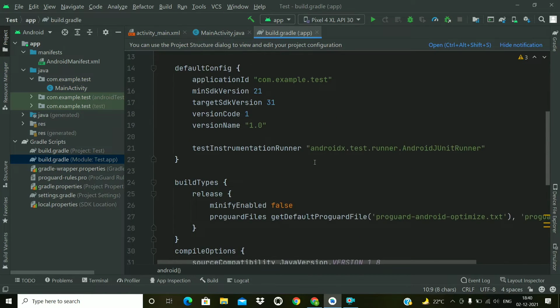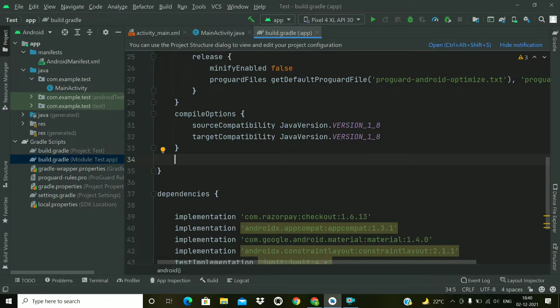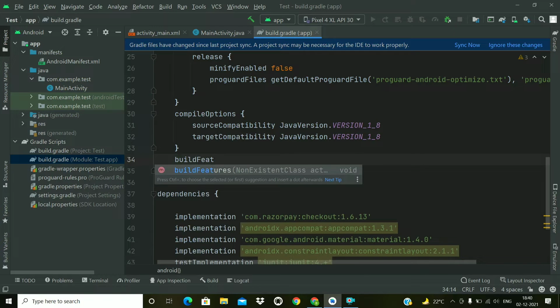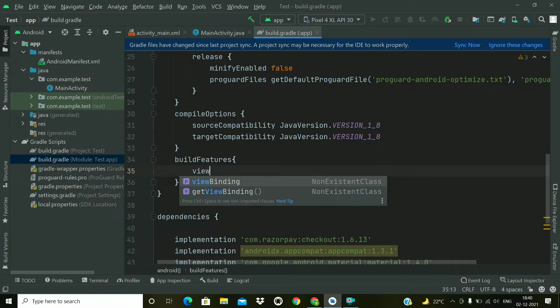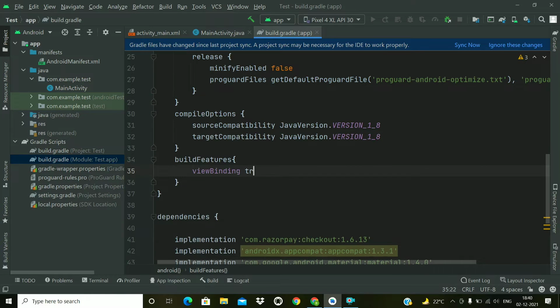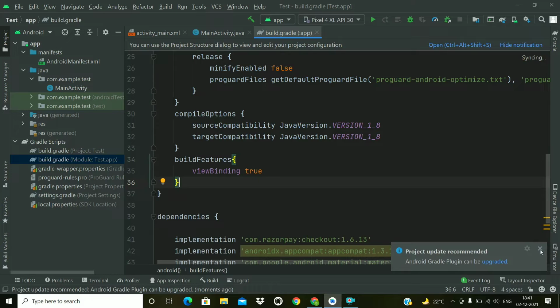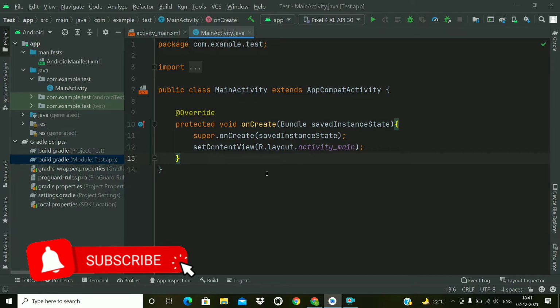So let's move to the end of this android block, and I'll add buildFeatures here, and make viewBinding true. This will enable view binding for our project. Now just click on Sync Now. So our project is synced. Now just close this build.gradle file.